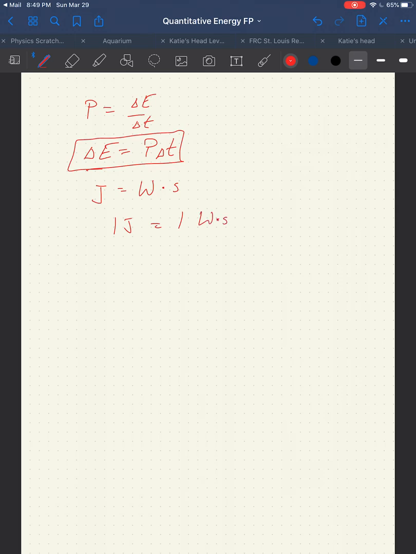It's kind of a weird unit, okay? Kind of like a Newton meter is a unit of energy. The energy when you push with a force of 1 Newton over a distance of 1 meter. A joule then is the amount of energy that's expended when you have a 1 watt power output for 1